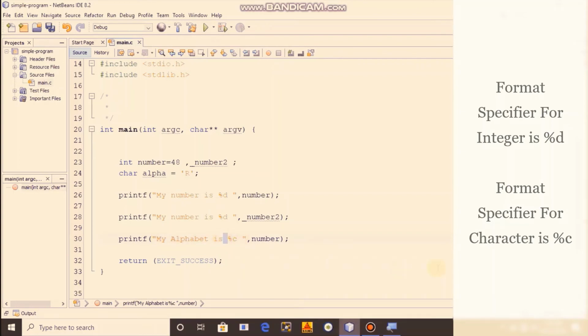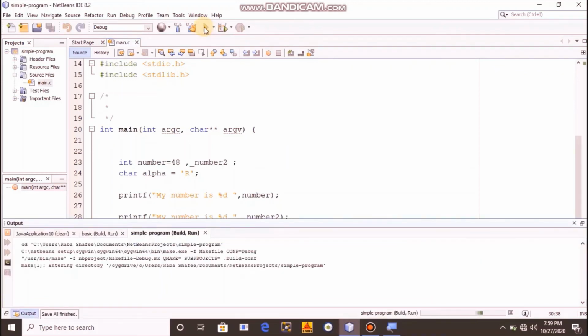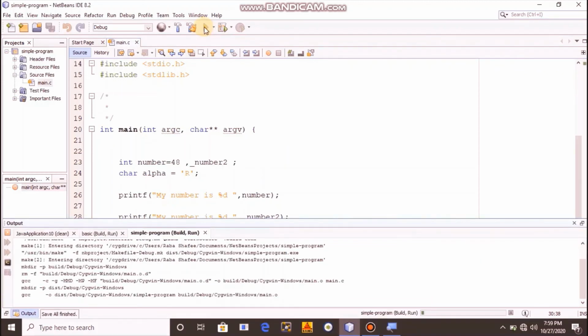Now let's see the output, but before that, for printing my alphabet I have used the variable alpha, and here I have declared number, so it will not give me the output. So I'm writing alpha here. Now run your program and let's see what the output is.